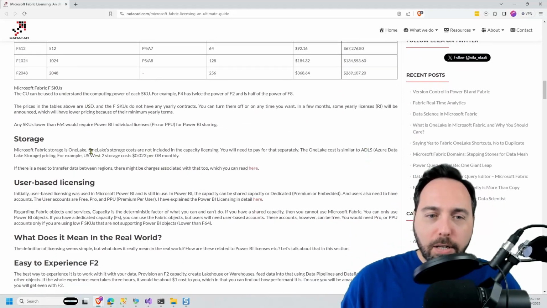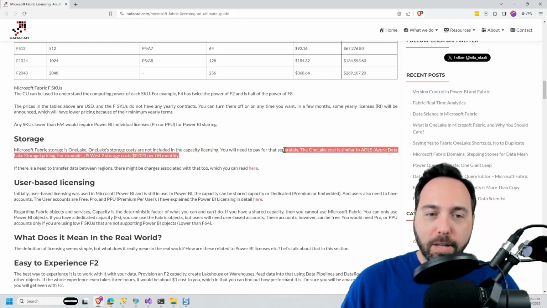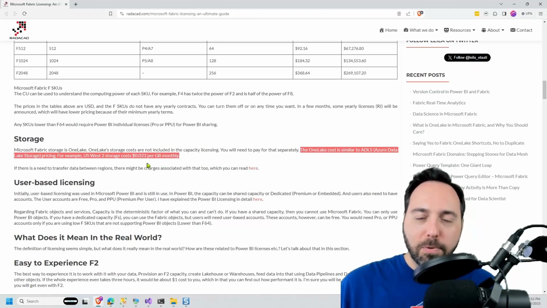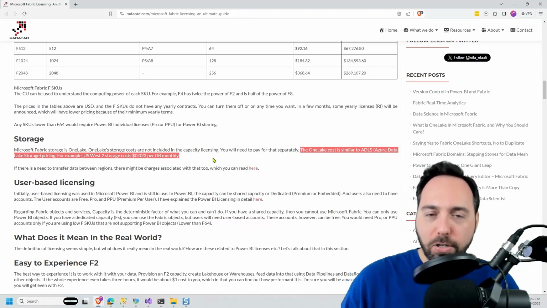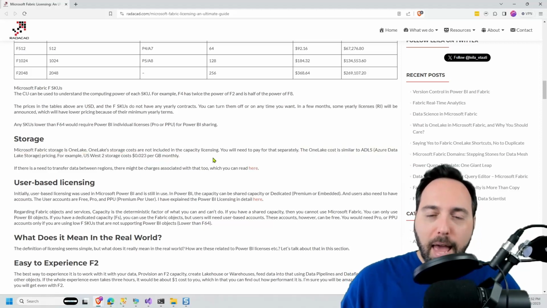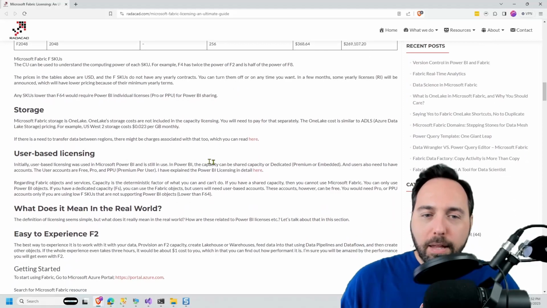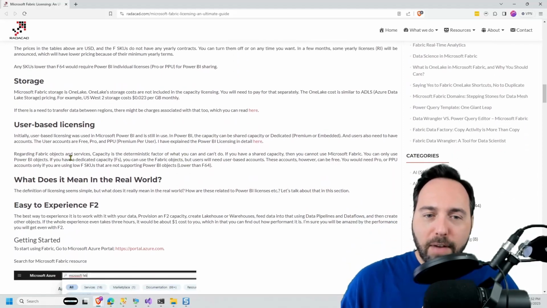Storage costs are not included in capacity licensing. You do need to pay for that separately. This is the exception. You're paying 2.3 cents per gigabyte per month for standard storage. And there may be networking costs as well, but there is no user-based licensing for Fabric.